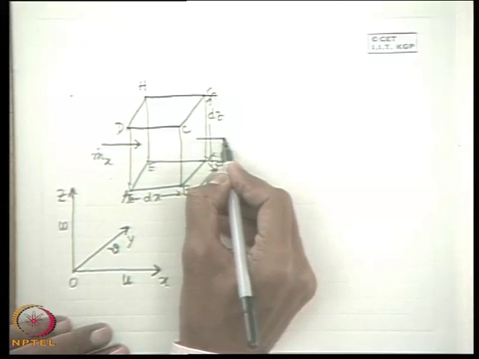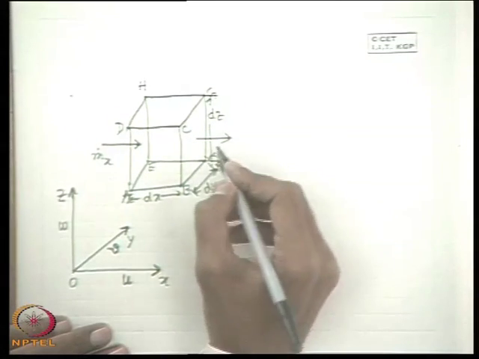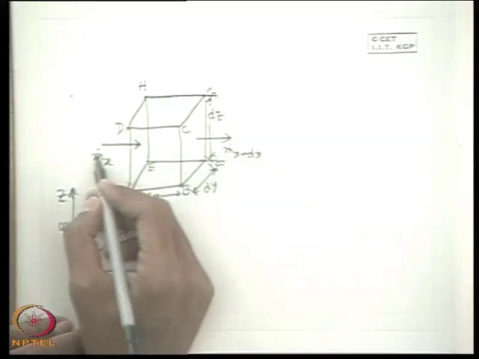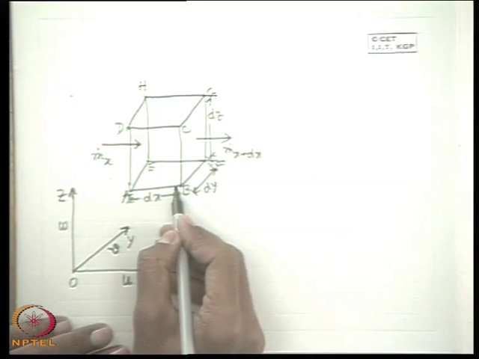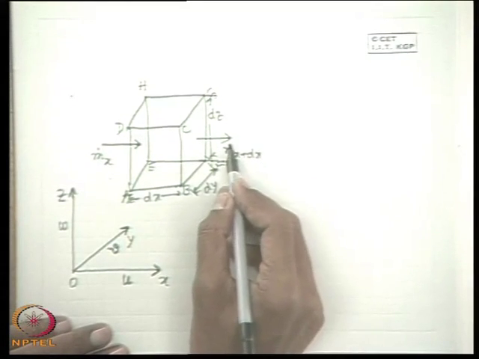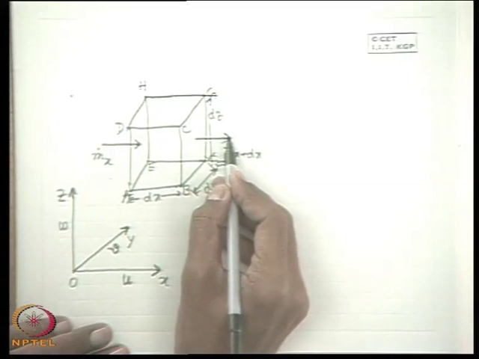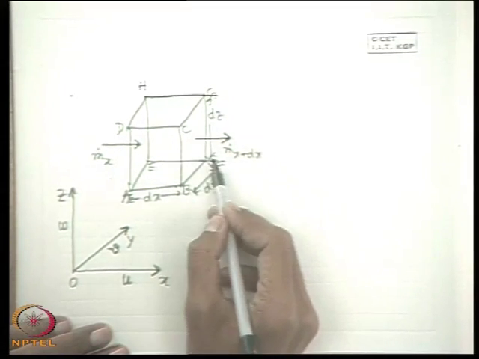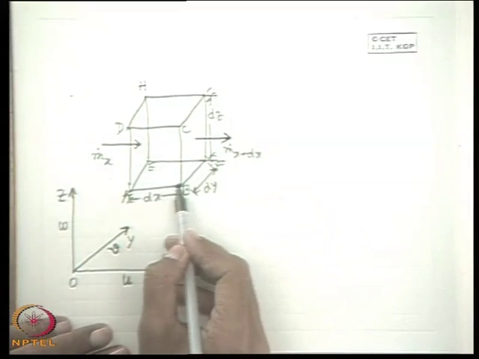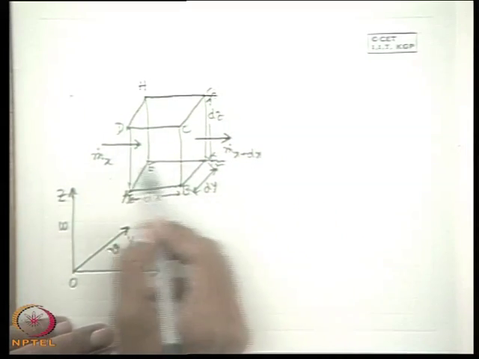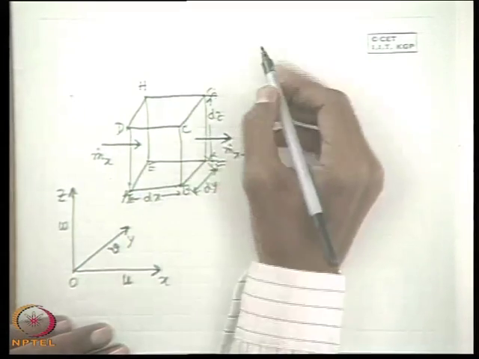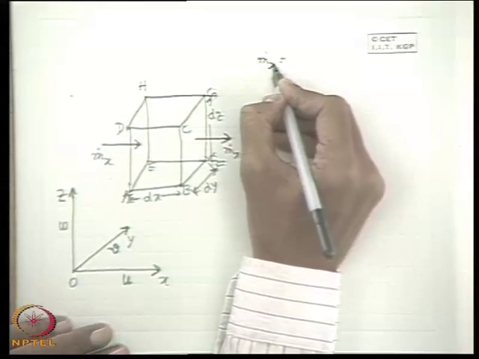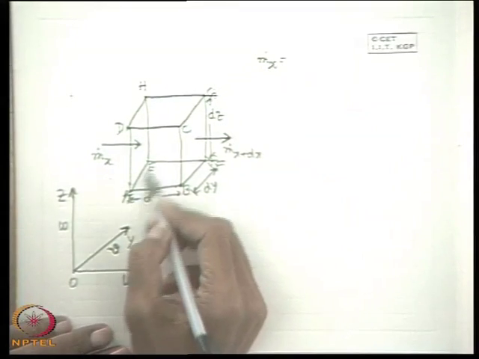So due to this typical velocity field, we consider this mass flux changes over a distance dx as m dot x plus dx, which is nothing but the mass efflux across this x plane. That means BFGC, which is dx distance apart from this x plane in the positive direction. So what is m dot x? That is the mass flux coming into the control volume through the face AEHD.